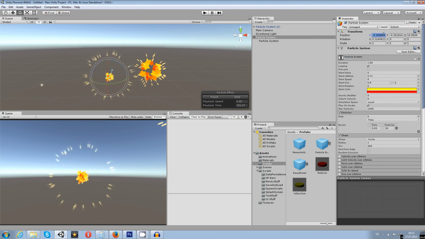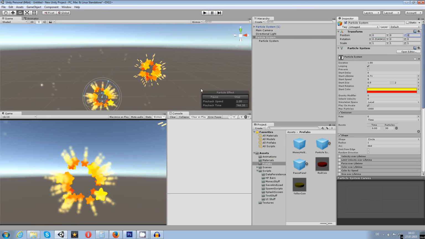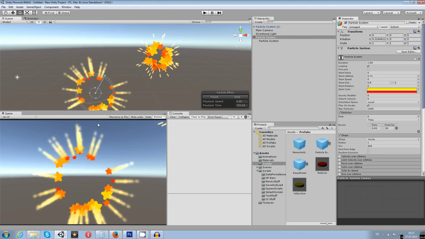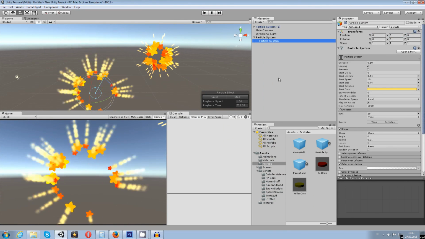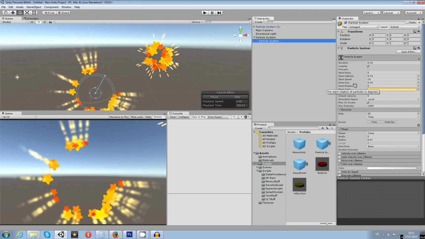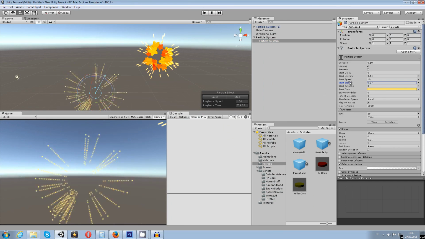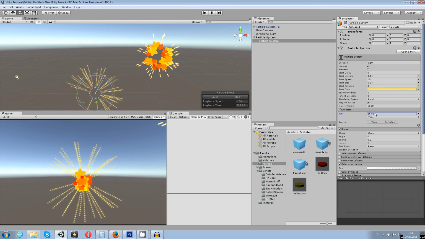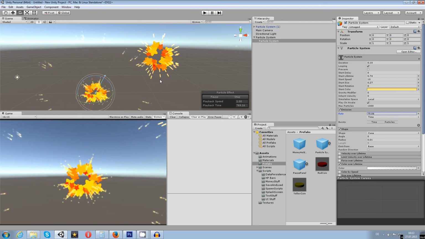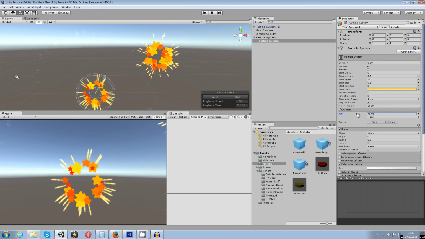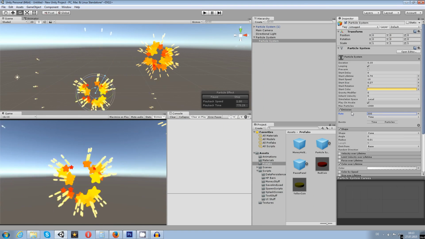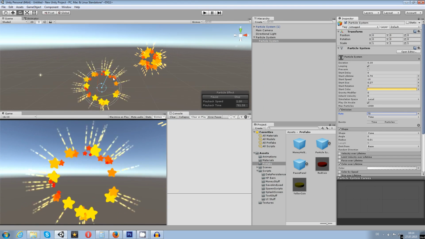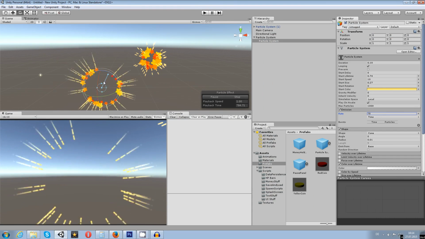Also, sometimes it's a bit weird with the size, so you might want to make sure that it is at the right position, and then it looks better, or it's bigger than that. The stripes over here are really too thick, so I need to decrease the start size a bit and increase the stream. So I need to increase the rate, maybe like that. So now you can see with a higher rate, maybe until 300 or so, or 75 is also enough, you can do some cool effect